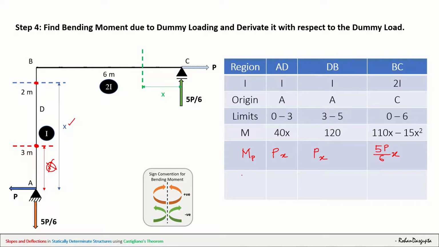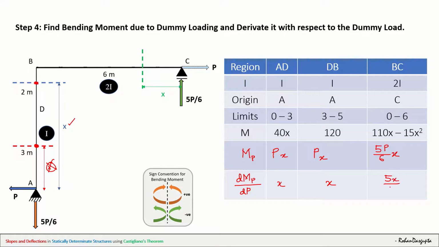Now you have to moreover derivate it. So it will be dMP, and with respect to what do you have to derivate it? You have to derivate it with respect to the dummy load. What is our dummy load? P. So dMP by dP. If I do d by dP of PX, P will be gone, only X will be left. Similarly here, P will be gone, only X will be left. Similarly, d by dP of 5PX by 6 will be